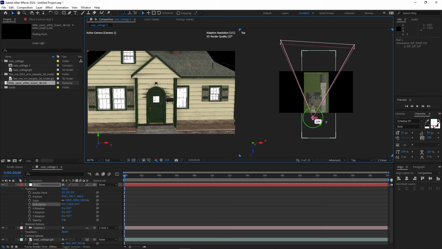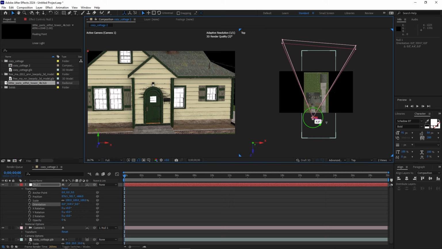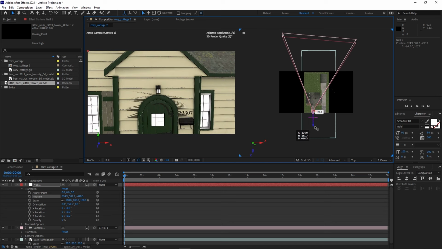Okay, so what I want is to be able to go through this door and actually check whether this is actually a real 3D environment. And I can now very easily pick my null here, and I can just drag it right through the door. Now if I find that I'm a bit high on this and I want to bring it down again,